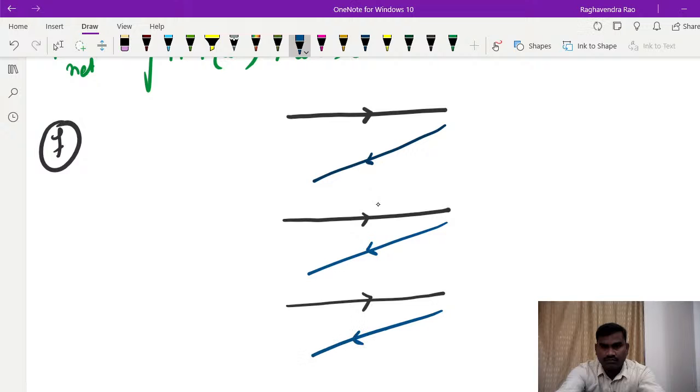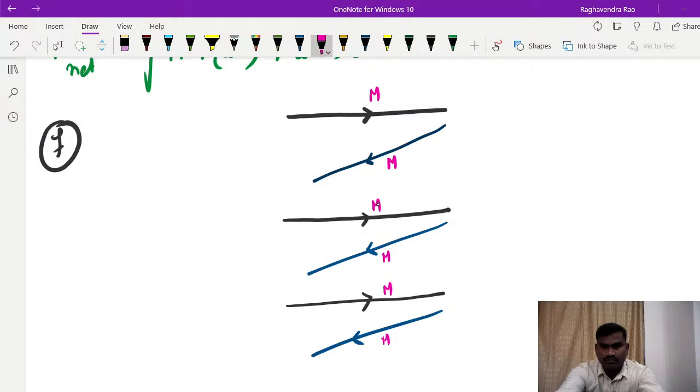So magnets are arranged like this. This is of magnetic moment M. All are identical. Now to calculate the effective magnetic moment of this arrangement of 6 magnetic dipoles, we need to